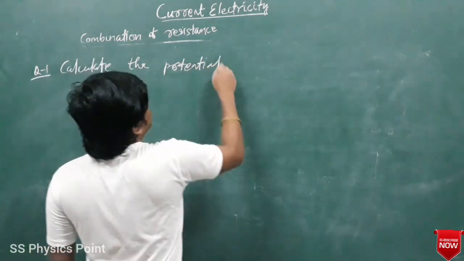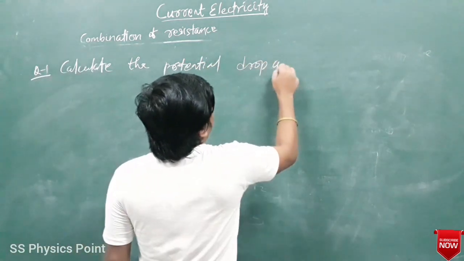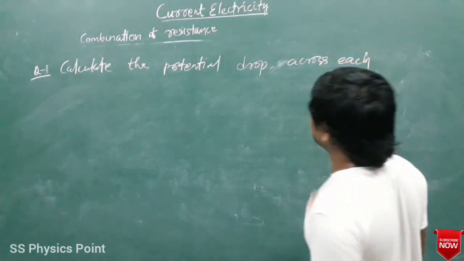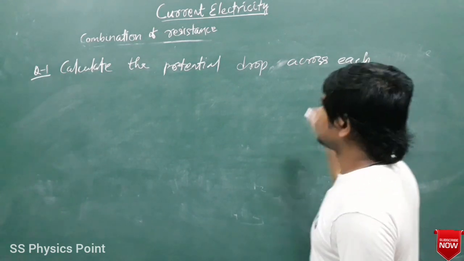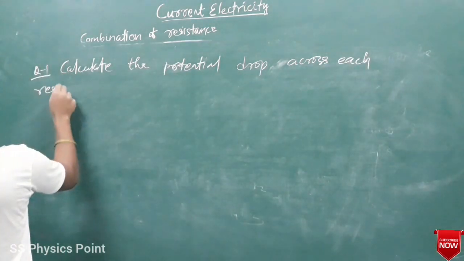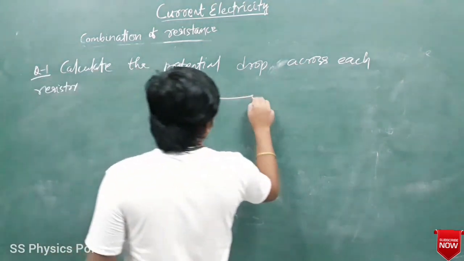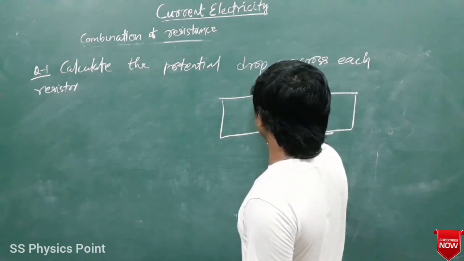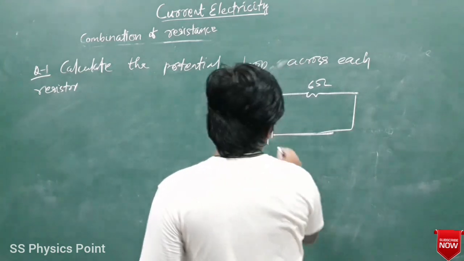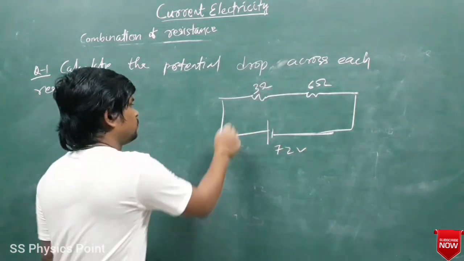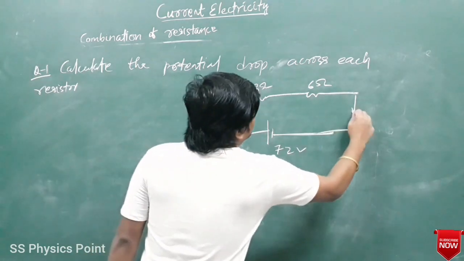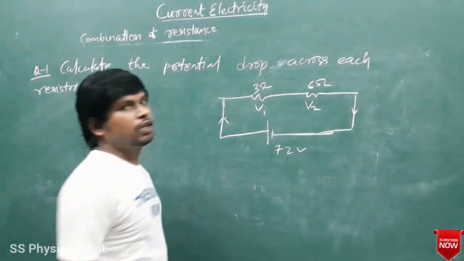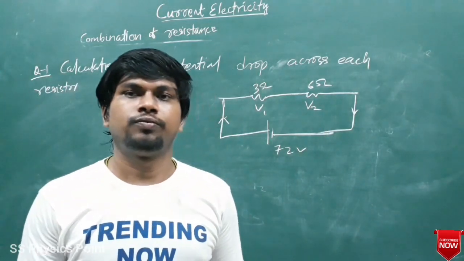Calculate the potential drop across each resistor. और एक रजिस्टर में कितना पोटेंशियल ड्रॉप हो रहा है, each रजिस्टर निकालो। क्वेश्चन दिया गया है ऐसे, मान लो ये 3 और ये 6 हो गया, दिस इज 3 ओम, दिस इज 6 ओम, सपोज दिस इज 72 वोल्ट। कैलकुलेट द पोटेंशियल ड्रॉप दैट इज V1 एंड V2। V1 और V2 निकालो।